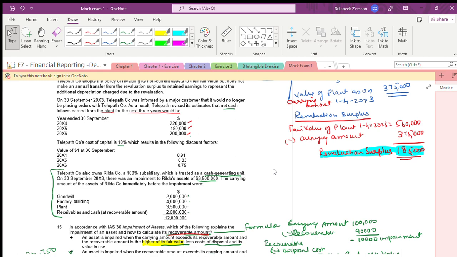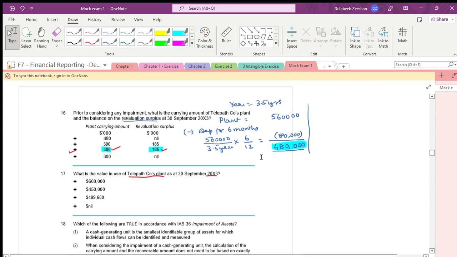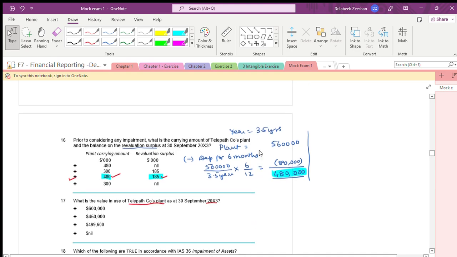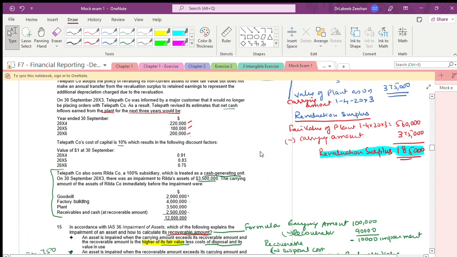Now, what are they asking? They are asking what is the value in use of Telepath company's plant. They have given us, it's very easy. Understand, that's more important. They have given 220 and they have given the